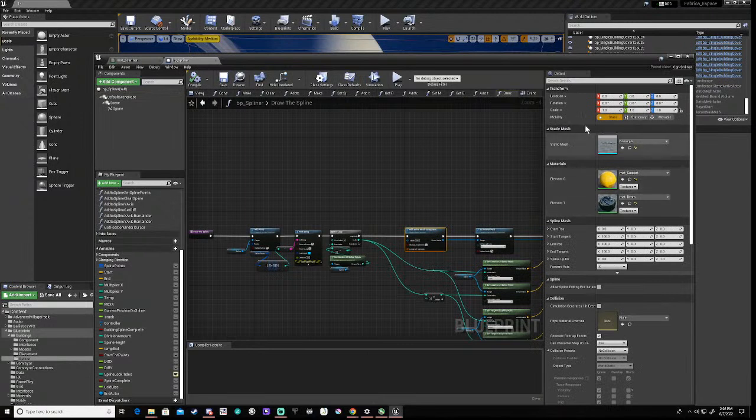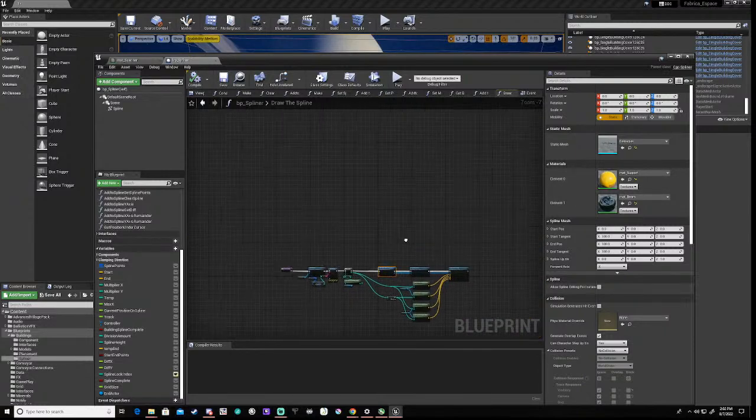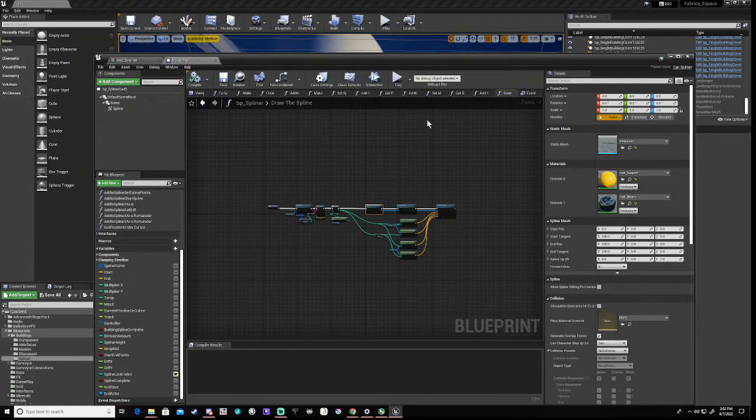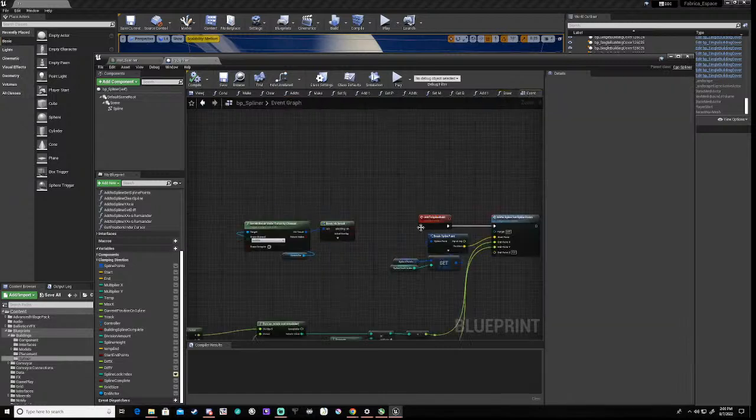Now what I realized was this is a static mesh. I don't think you can add an instance mesh to the, well, maybe you can. We'll investigate that further later, right? But what we want to do is